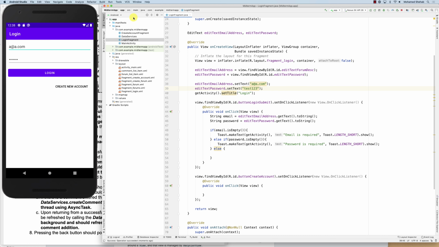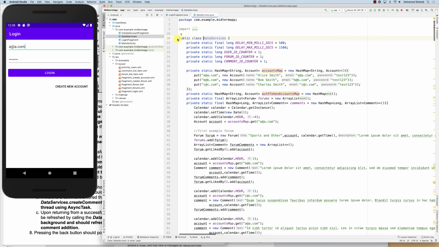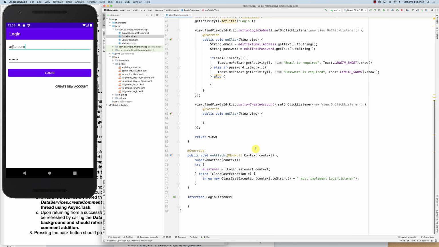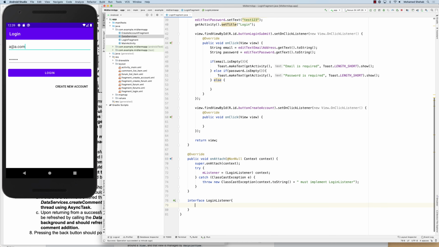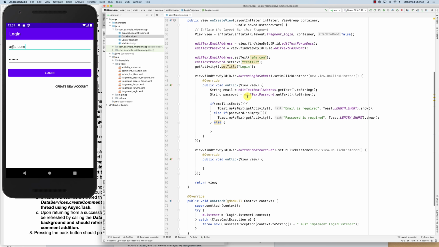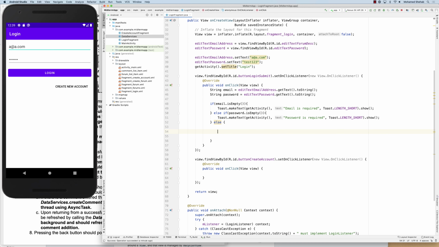Now if you look at the requirement, all these data services methods should be called in an async task. We'll do that. We know that after the login is completed, we would like to go somewhere, but before we do this, let's implement the async task. The logic here is very straightforward. This is the submit button for the login screen. After the user submits, we get the email and the password, and we check that none of them are empty. If any of them is empty, we show a toast message. Otherwise, we need to initiate